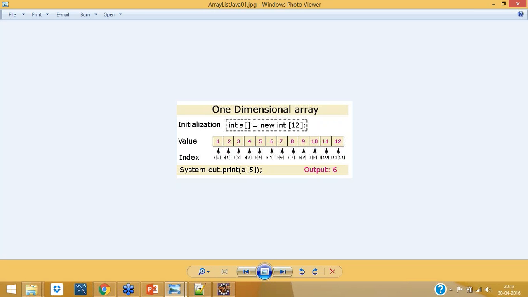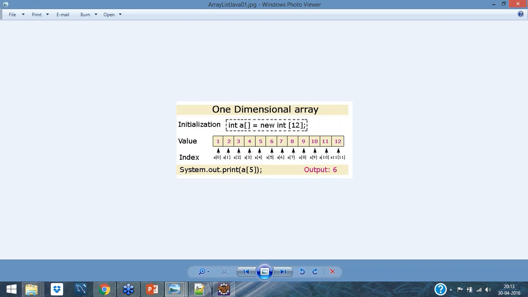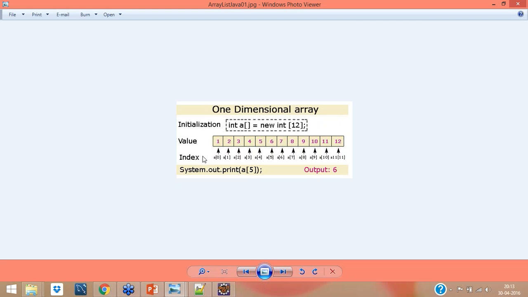In a MapReduce program you can also add your Pig and Hive things inside your MapReduce. Those things you can also do through Java. Everything you can do through Java. You don't have to write your Pig or Hive queries separately. So this is an array. An array has indexes. We have something called ArrayList in the collection framework that I'll explain when we go through collections in further classes.